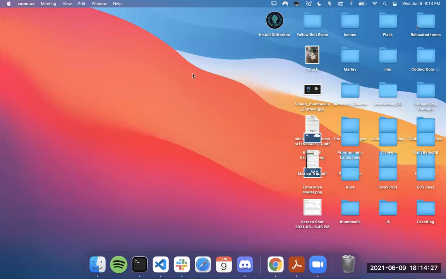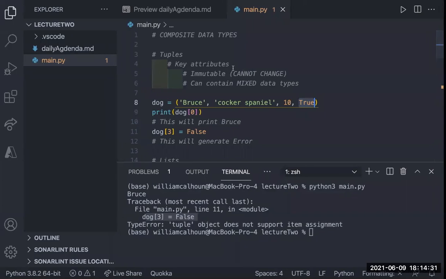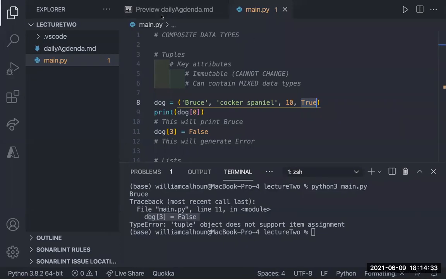Sorry, I'm trying to go to the chat. I have a million screens open, so if you guys have questions, please feel free to unmute. That way I don't have to keep going back to the chat. I guess if I could just do this. Oh, perfect, that's easier. Okay. Can you guys see the chat?